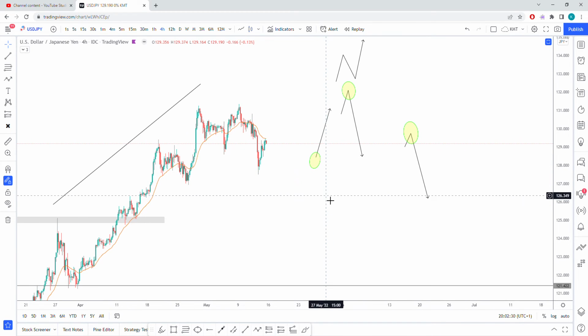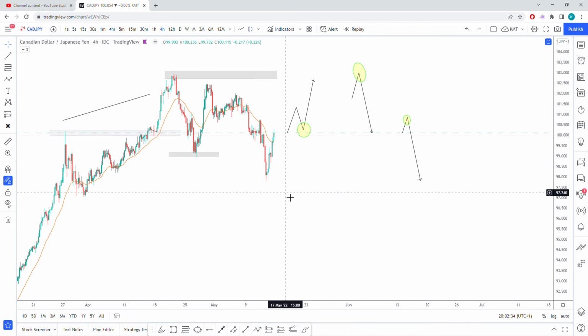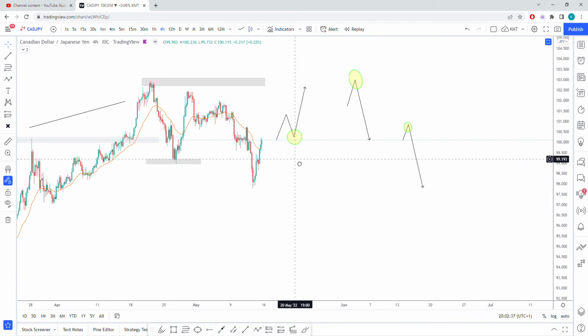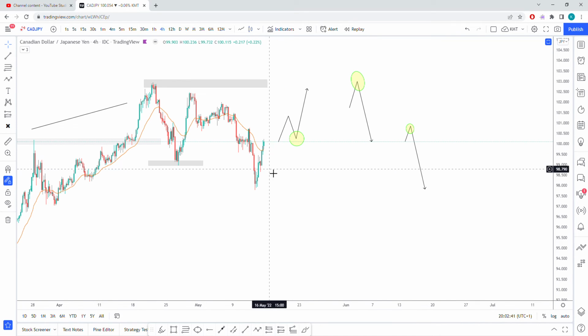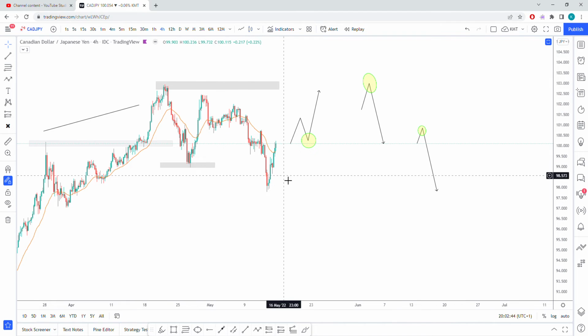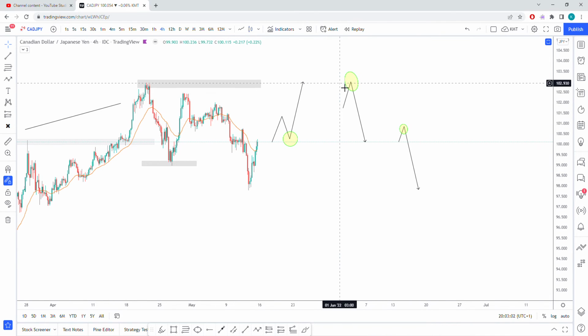Okay, so if we take a look into CJ, I believe it's going to be a very similar story with the Japanese yen pairs in terms of scenarios, but I'm just going to show you what I'm talking about rather than just quickly skim past. But yeah, with CJ, I have three scenarios again. So what we're looking at is a nice push up and then a continuation to go higher into 103 and beyond. If this does happen, then again,